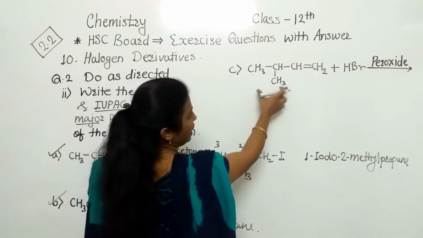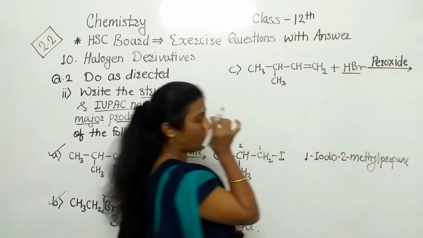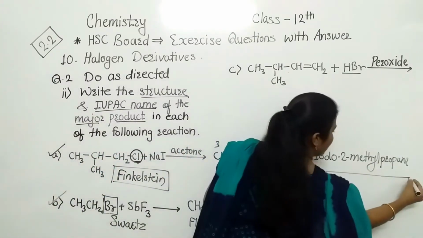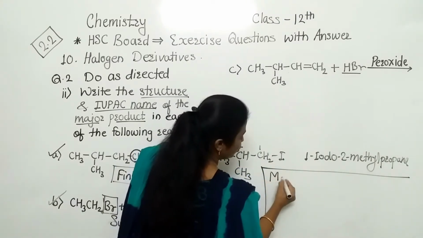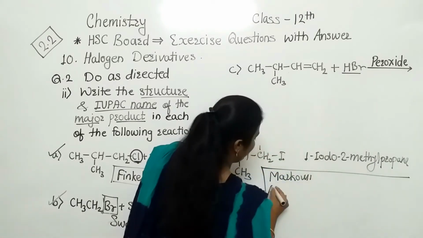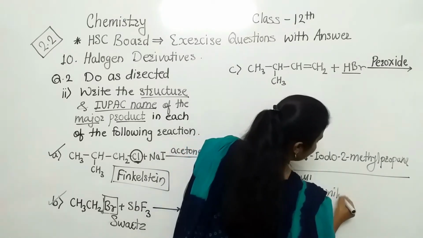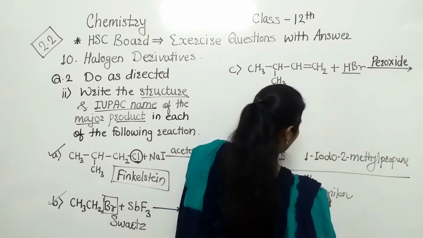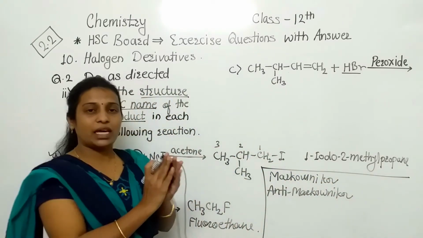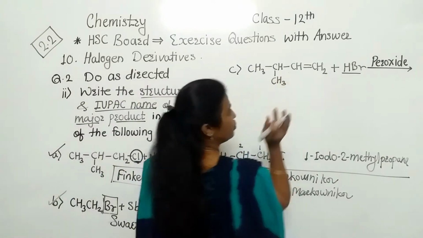Now see here. In that alkene is given, to that alkene there is an addition of HBr in presence of a peroxide. So simply concept is, here I will write that concept. That concept is related to the Markovnikov rule and anti-Markovnikov rule. So what is that Markovnikov and anti-Markovnikov rule? That we will discuss now. See, in that Markovnikov there is an addition of a reagent. From that one, this is the unsymmetrical alkene.